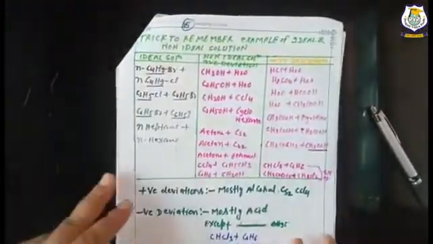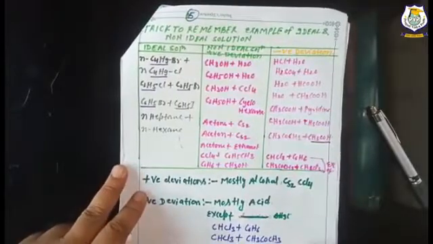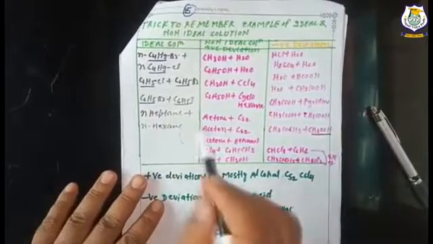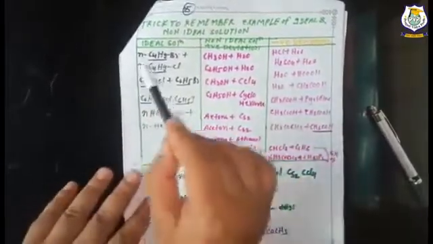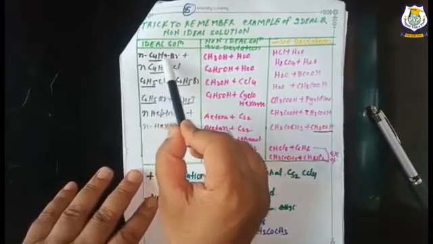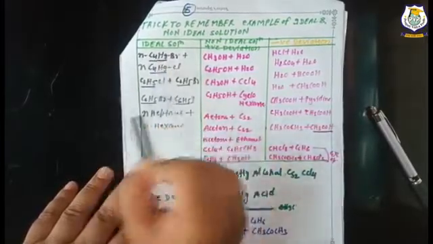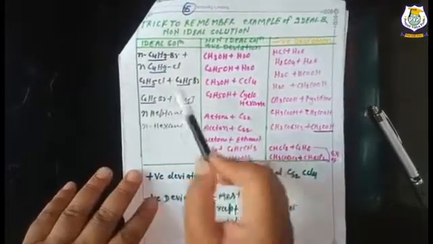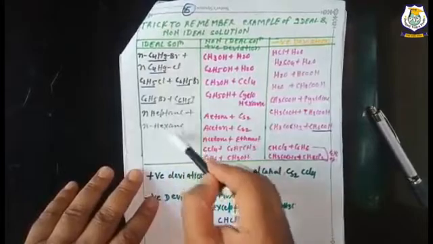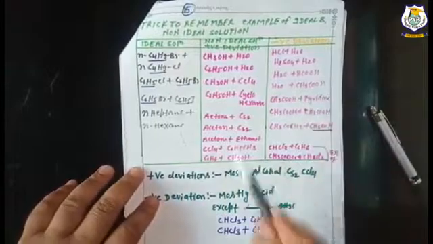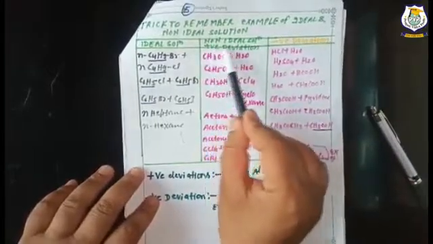Trick, remember example of ideal and non-ideal solution. ठीक है, आइडियल सॉल्यूशन को स्टडी करने के लिए हमें कोई टेंशन नहीं है. देखो ये पेज बहुत इंपॉर्टेंट पेज है. नॉन आइडियल सॉल्यूशन में हम क्या देखते हैं कि ये जो हमारे पास है, वन पार्ट इज कॉमन, C4H9, C4H9, C2H5, C2H5, C6H5, C6H5. ठीक, वन पार्ट इज कॉमन, वन कार्बन इज डिफरेंट इन दिस एग्जाम्पल. ठीक है. नॉन आइडियल सॉल्यूशन शोइंग द पॉजिटिव डेविएशन.